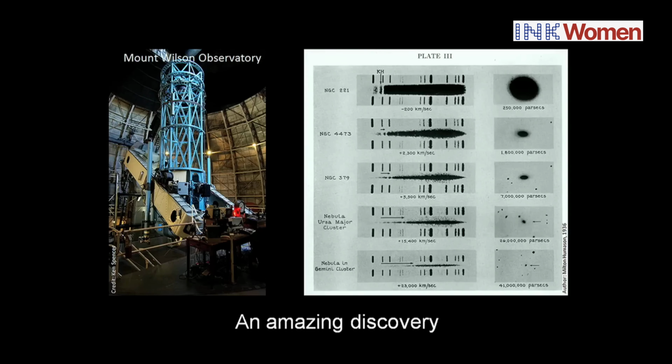In 1929, Edwin Hubble used Leavitt's method to measure distances to various galaxies. And he also used these spectra of galaxies to look at how the galaxies were moving. And he found something incredible. Every galaxy was moving away from us. And the further the galaxy was, the faster it was moving. That is a clear signature of expansion, which therefore implies a trigger that started the expansion, the first evidence of